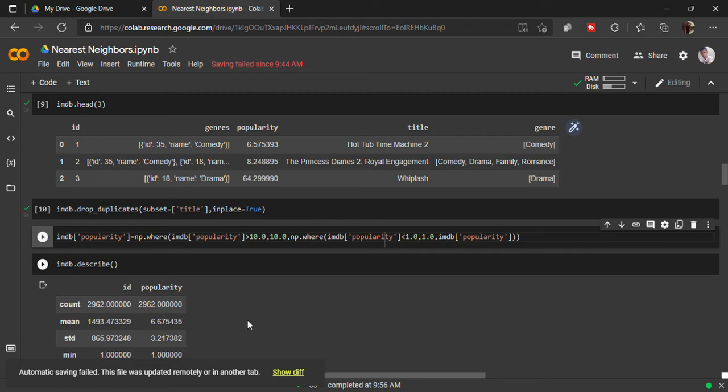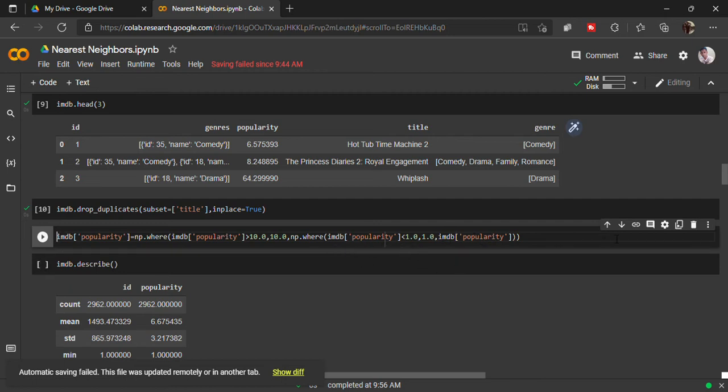The range, you keep a value within a range, right? So popularity: where IMDb popularity is greater than 10, we are going to replace the value with 10, and where IMDb popularity is less than 1, we are going to replace it with 1, and the column is popularity.